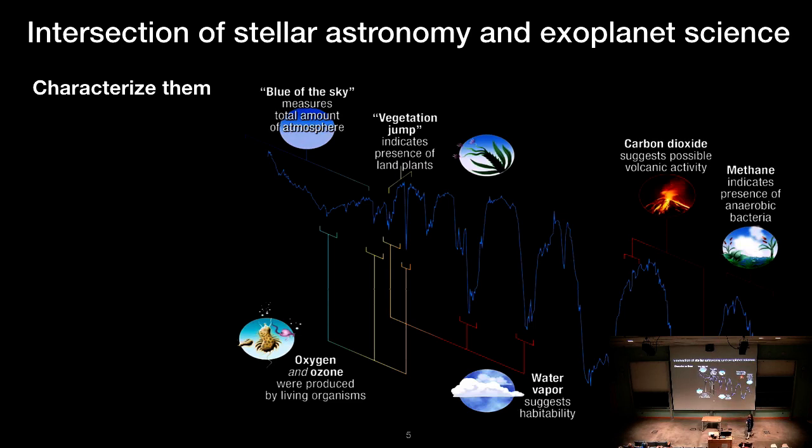The next point of intersection is in characterizing the exoplanets. This is what a spectrum of an Earth-like planet might look like. And there's a bunch of different features here that are being produced by the processes on the planet. However, you've got radiation incident on the planet from the star, and you need to take that into account for coming up with your potential biomarkers or biosignatures that you can use to point out whether the signature in your spectrum is coming from the planet or is induced or influenced by the star.